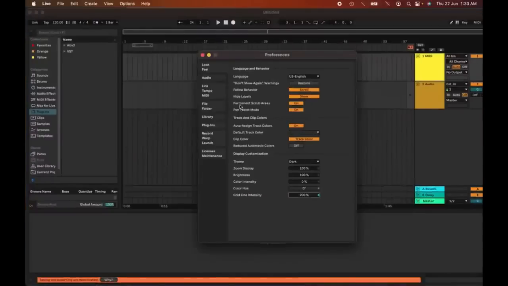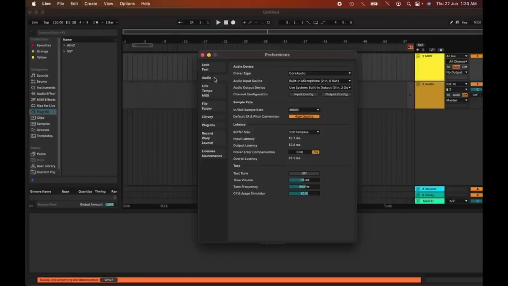The next tab is audio, and under the audio device section, the first thing that I have is driver type. Core audio is for Apple computers and ASIO is for Windows computers. It has to be only one driver type for everybody. Audio input device,